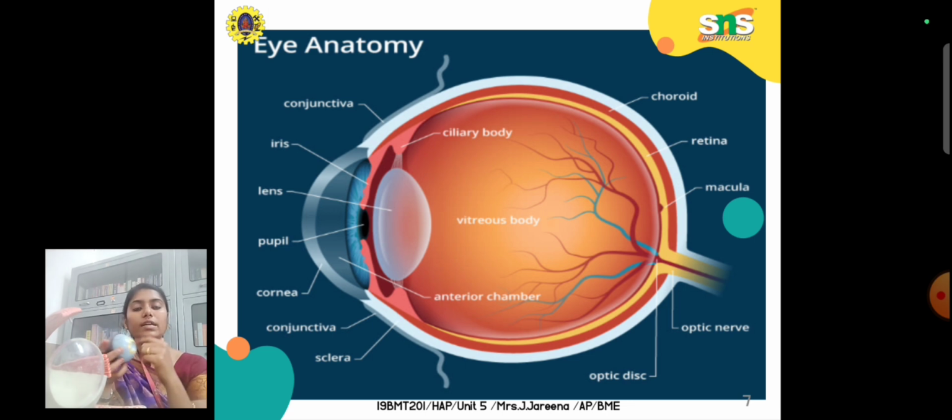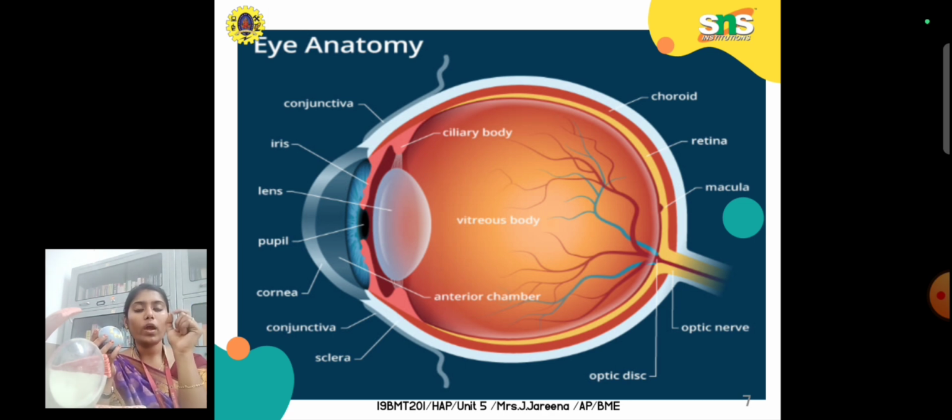Over the retina it contains the rods. There is one point which contains the maximum number of rods. That point is called the macula. In that macula there is one small pit, a depression, that is called the fovea. Inside the fovea only, it has the collection of cones. When the right light falls on the cones, at that particular point people have color vision. In this picture you can see the macula, and in that you have a small depression, right? That point is called the fovea.